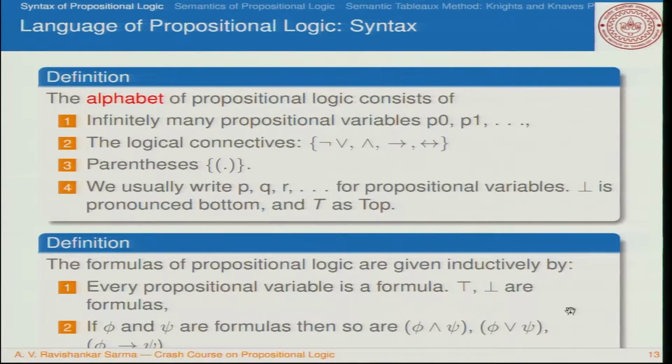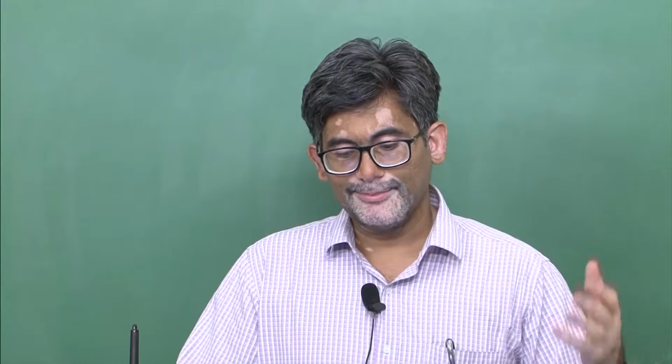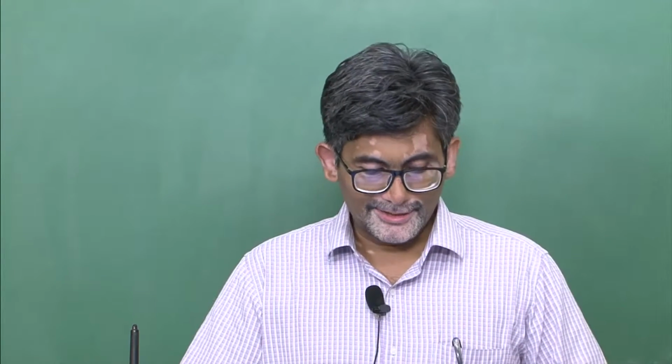These well formed formulas are generated by P, Q, R, and then the logical connectives such as and, implies, etc., and then we have parenthesis, left bracket and right bracket. So every propositional variable is considered to be a well formed formula. Suppose if you write P and Q etc., it is considered to be a well formed formula, and these logical constants like top and bot are obviously well formed